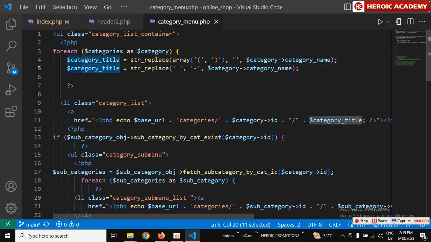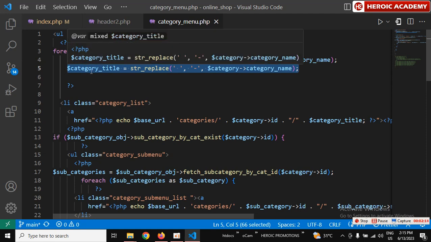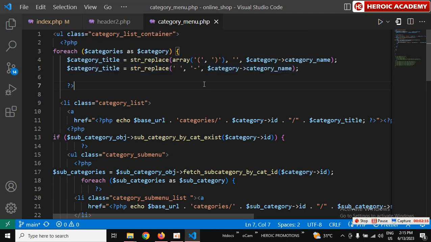You got category title two times. You did this to the category title correctly. The same thing you did in the category title, you're going to repeat in the subcategory. You added a hyphen in between any category that has